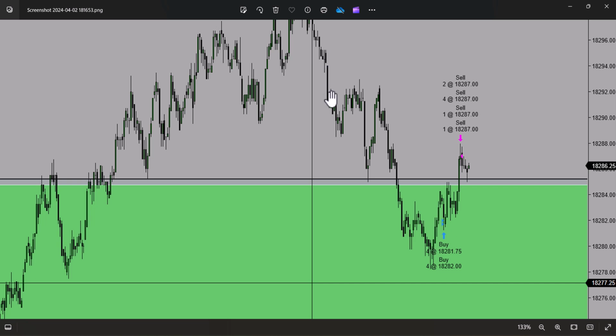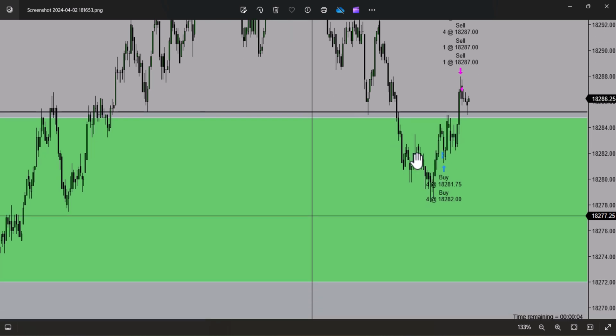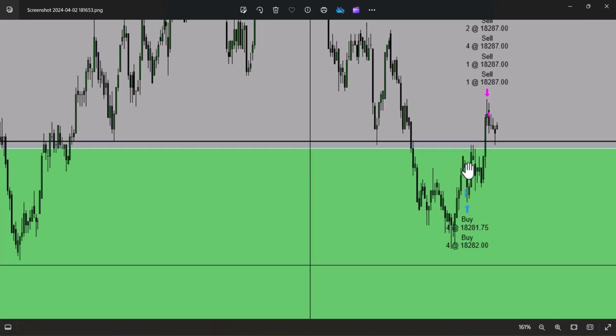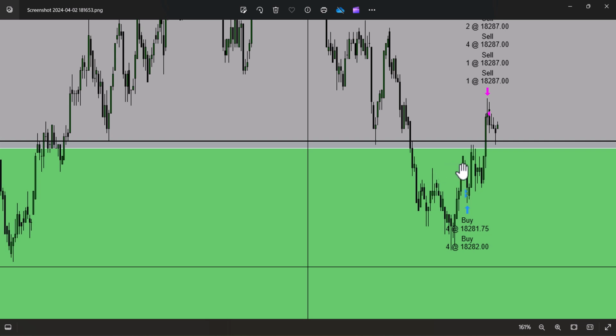We have put in a low and then a high, right? And then we put in a low and then a high, and then we put in a low right here, then a high, right? So this is a low and a high, and now we put in this low, and then we have a market structure shift, right? So as you can see, we have a market structure shift because we closed above a protected high, right? Now